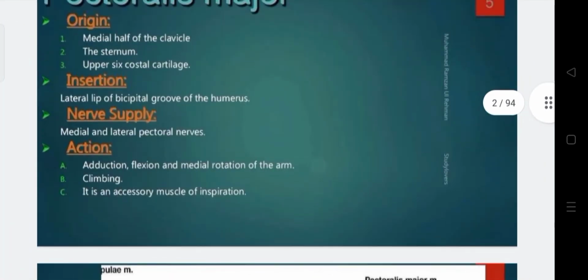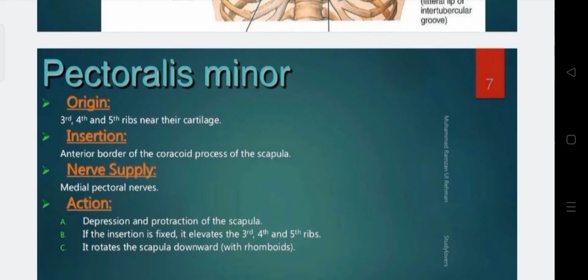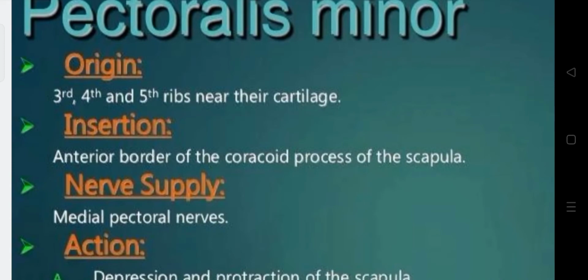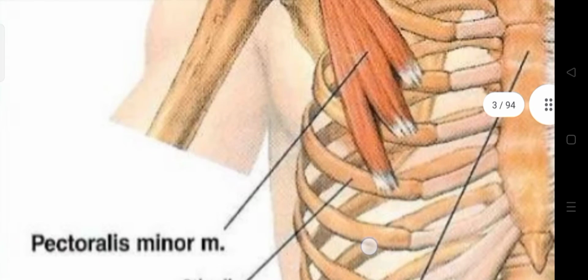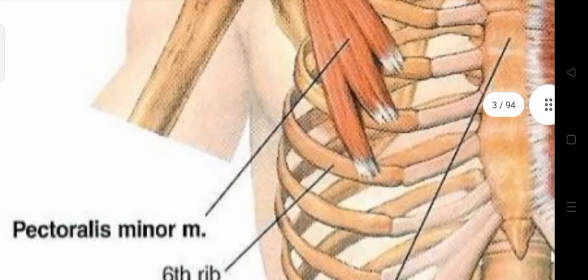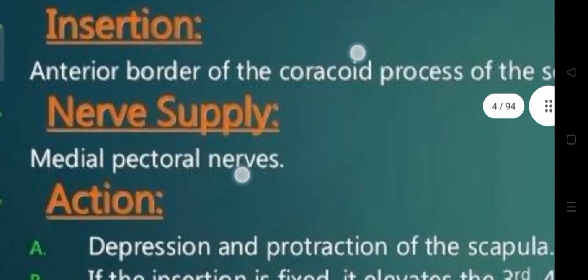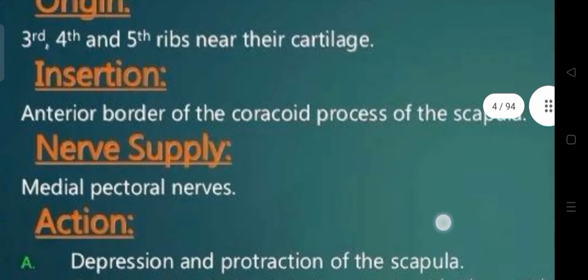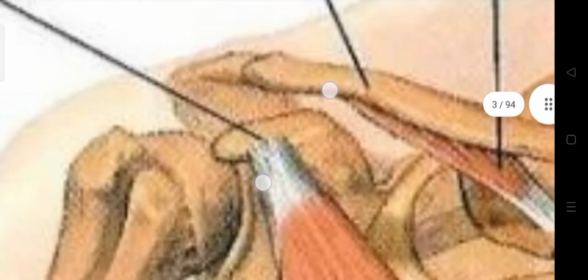So in the next muscle we will discuss pectoralis minor muscle. It arises from the third, fourth, fifth rib near their cartilages. In this picture, this is the pectoralis minor muscle. It is clearly seen that it arises from the third, fourth, and the fifth costal cartilages, and it is inserted into the anterior border of the coracoid process of the scapula. So here, this is the coracoid process. I have zoomed this out too much,